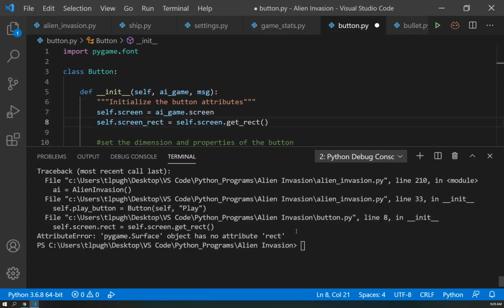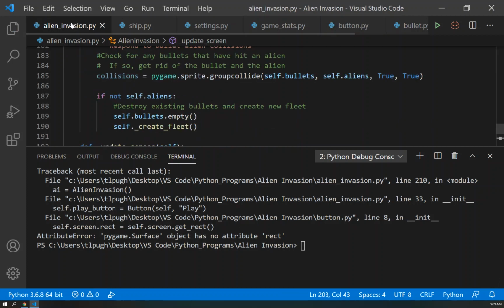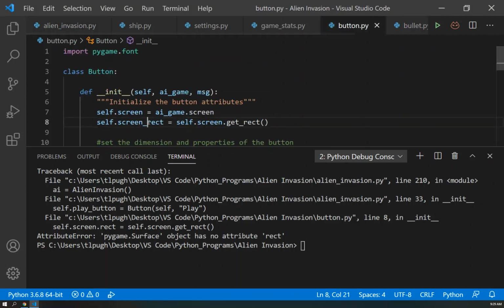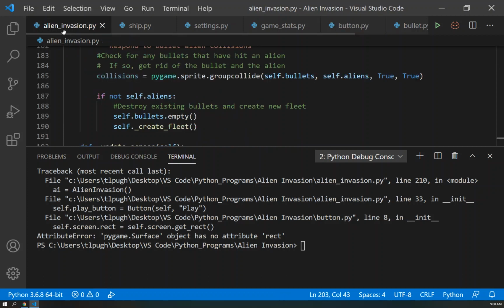So now it wasn't matching up. So let's try saving that, coming back to Alien Invasion. So again, the mistake, you probably have the same if you're copying me, is this should be on the button.py, this should be screen underscore rectangle, not dot rectangle. And so that wasn't being created properly. So now we can go back to Alien Invasion, we can run it again,